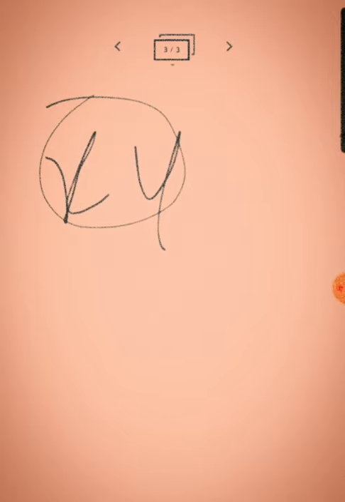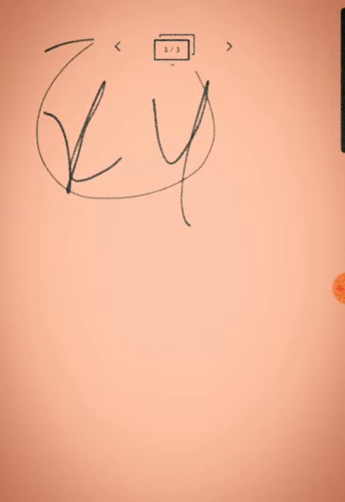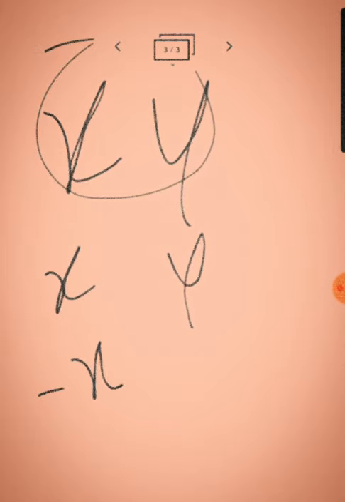So I have a blank white page. Now there can be two possible things: either the product is positive or the product is negative. These can be two cases. Now what can we say about x and y in this positive product? There can be two cases in this as well. x can be positive and y can be positive, so that will occur in a positive product. And in the second case, x will be negative and y will be negative as well,